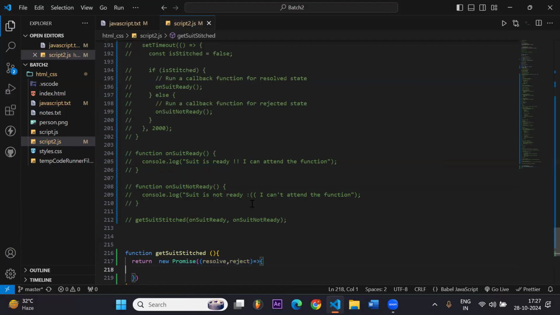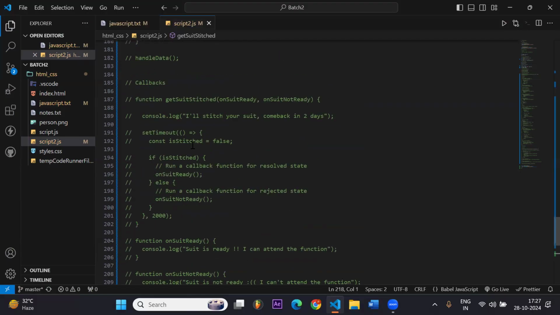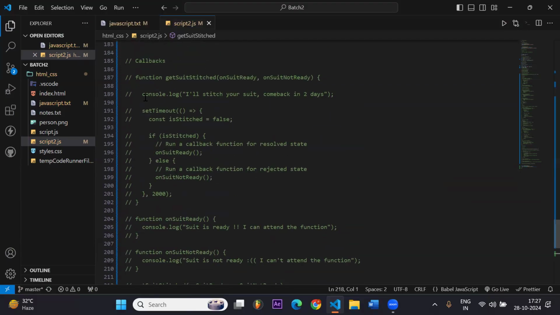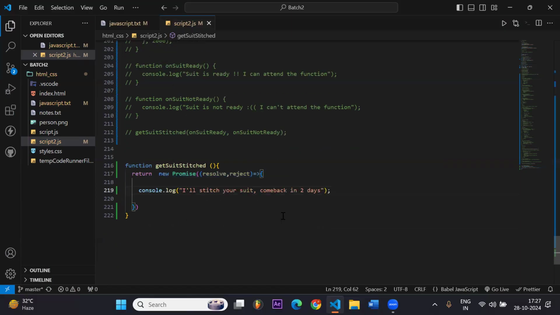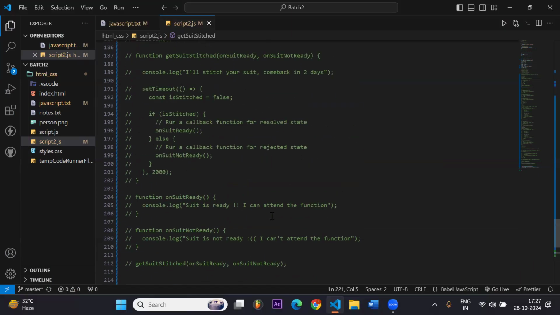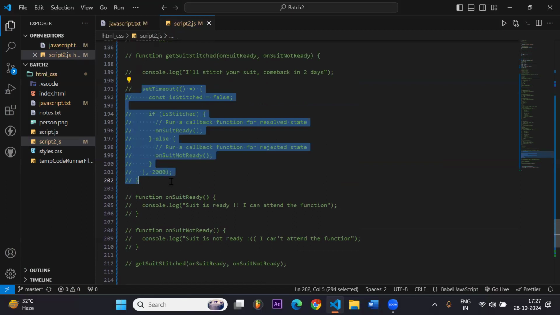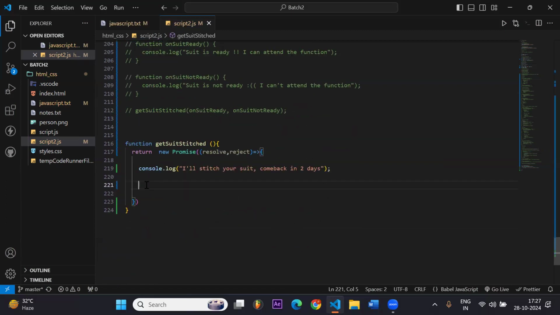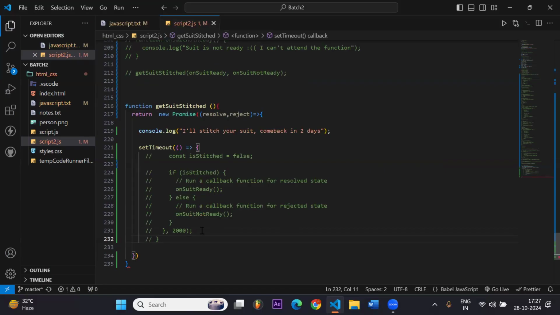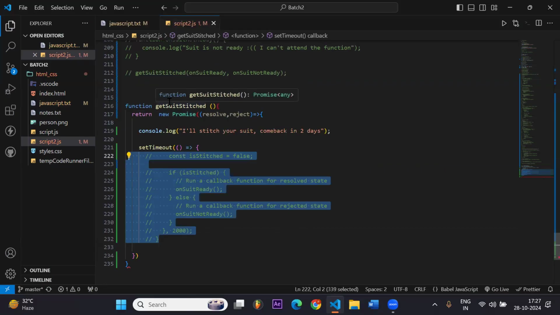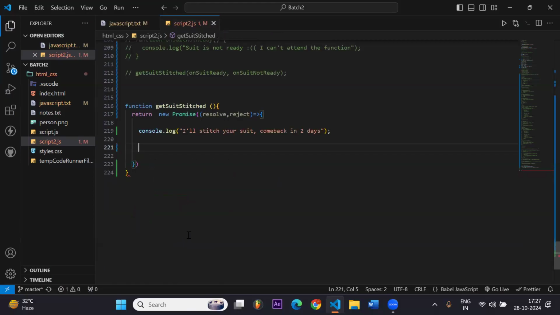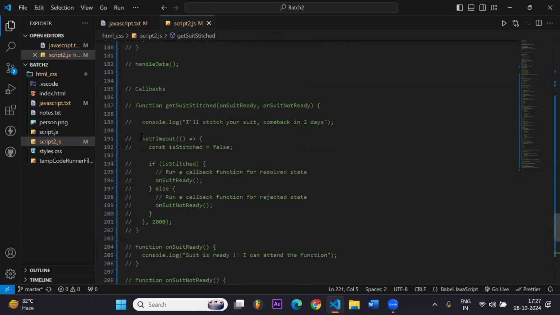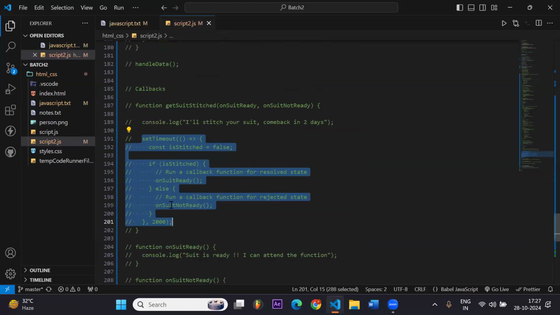I will use the same logic, the same storyline as the callbacks. So first of all, I will say console log, I will stitch your suit, come back in 2 days. But after 2 days, like the similar thing that was happening here, we will